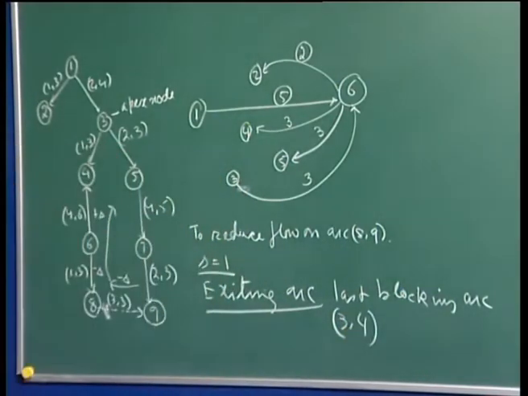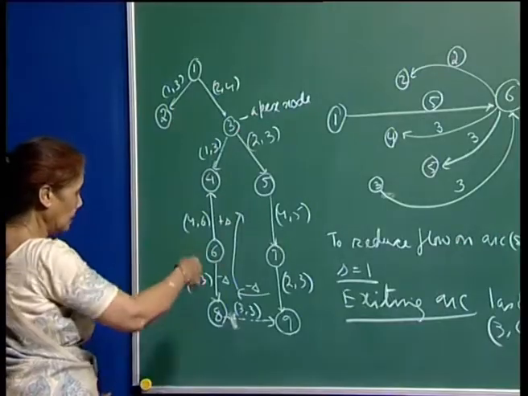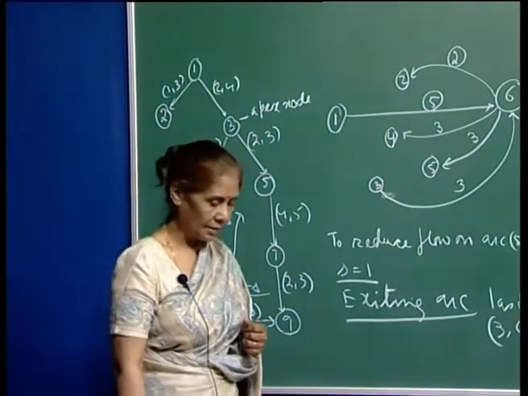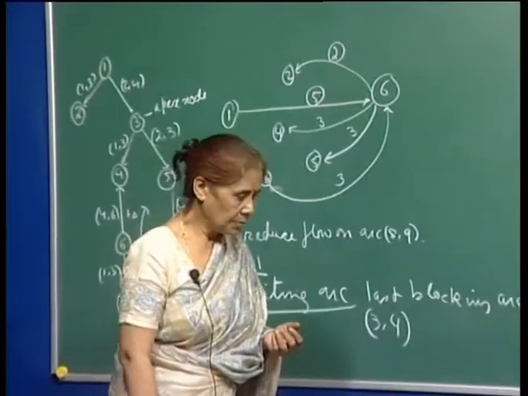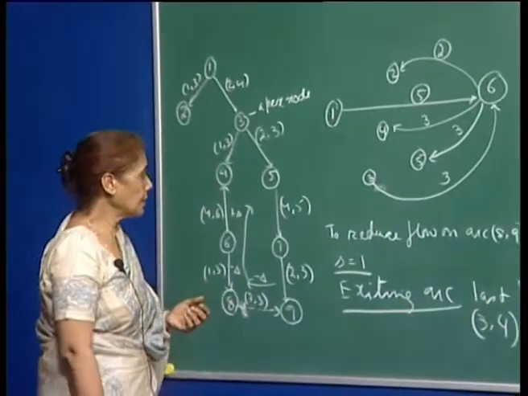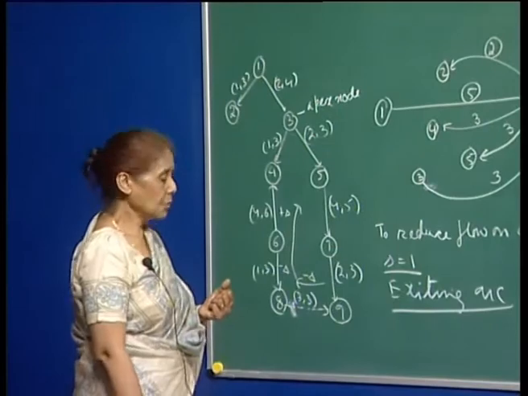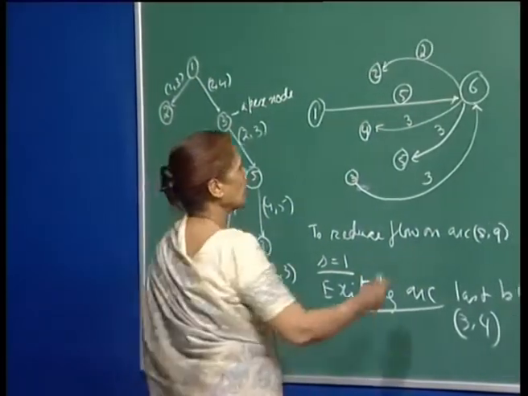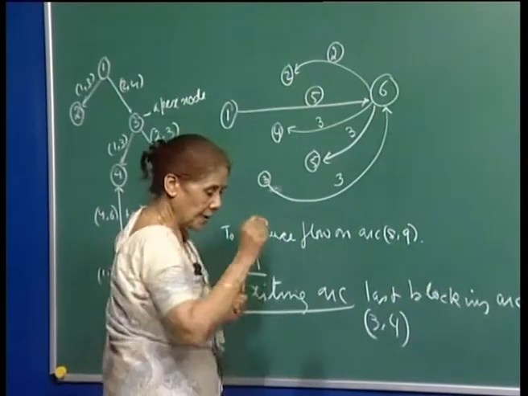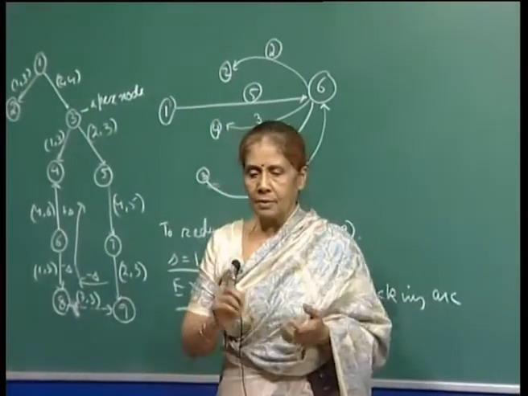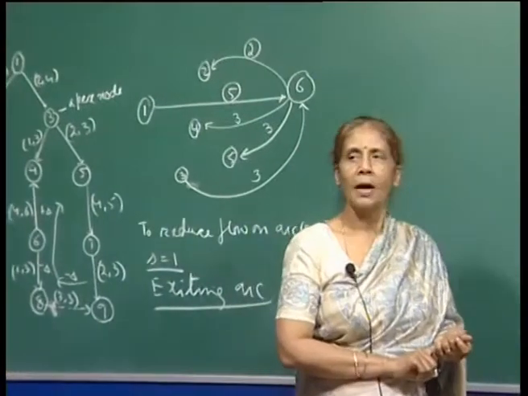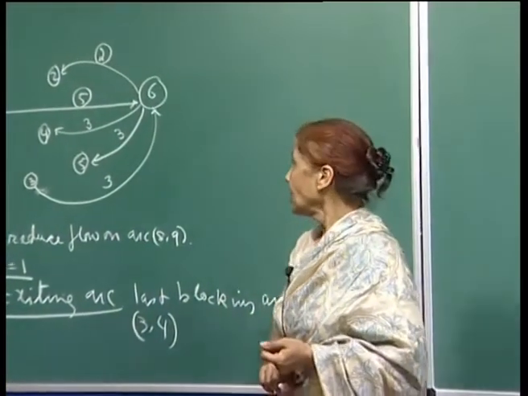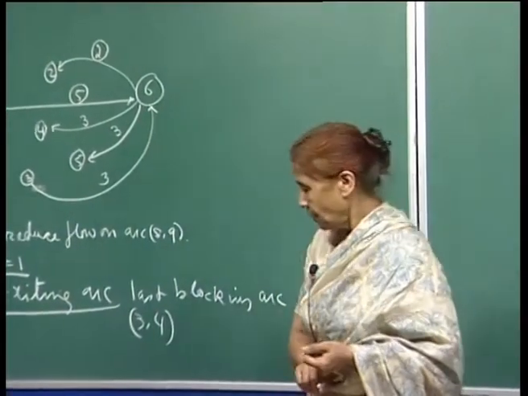Right. And the remaining tree, the new tree, once I update the flow, would again be a strongly feasible tree. Then we had also mentioned the case of how you get a starting feasible solution which is a strongly feasible tree. And I had mentioned that when you use phase 1 and you get the artificial arcs as part of your starting tree, then that will be a strongly feasible tree, because